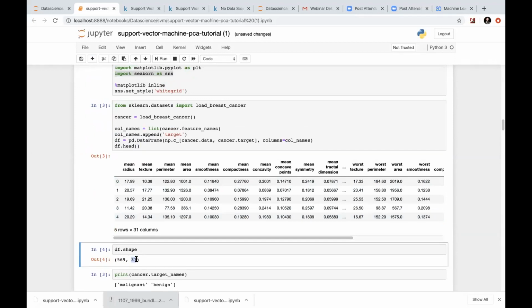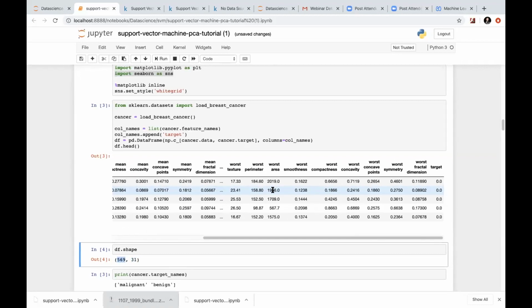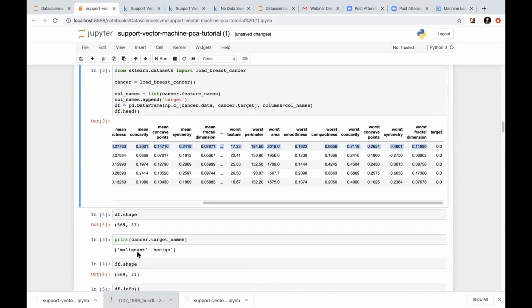One feature is our target label, and you will have 569 different records, where each record holds the target as 0 or 1. Basically, you will have to classify whether a cancer is benign or malignant.